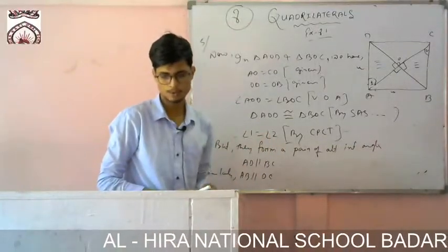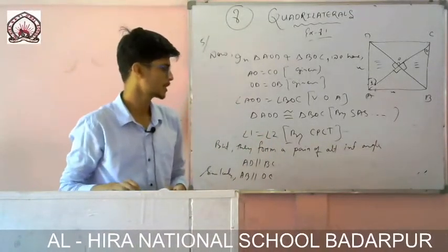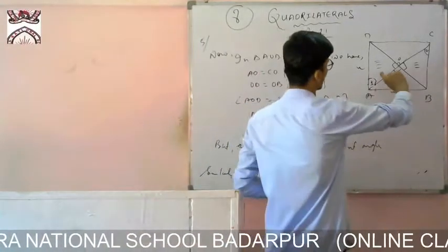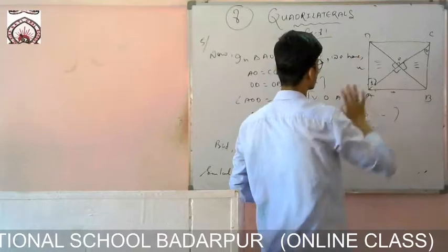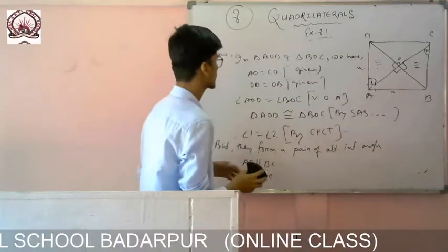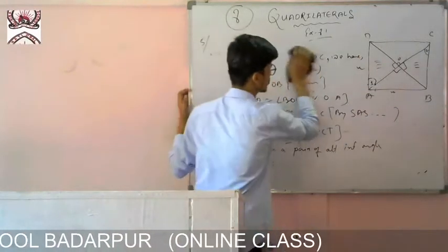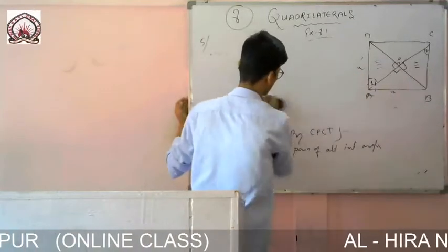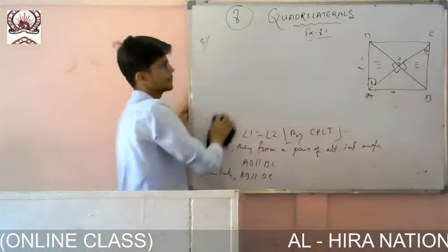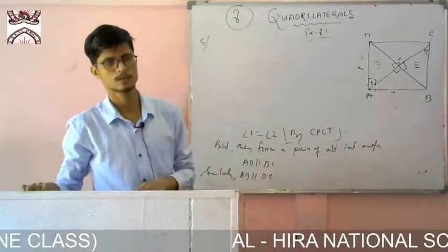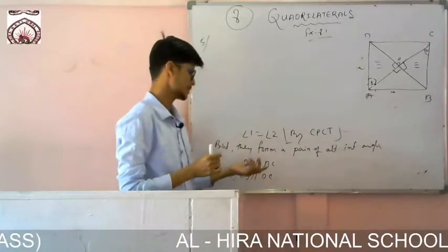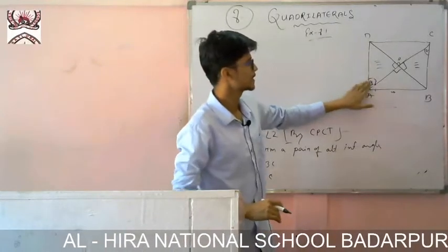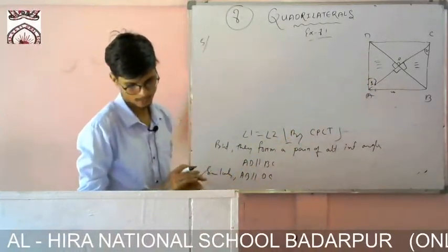So now I have shown that these two pairs of lines are parallel. Earlier we showed that all the sides are equal, and now that the opposite sides are parallel. But this still does not verify that it is a square; it is yet only looking like a rhombus. So now I definitely have to show that each angle is equal to 90 degrees.